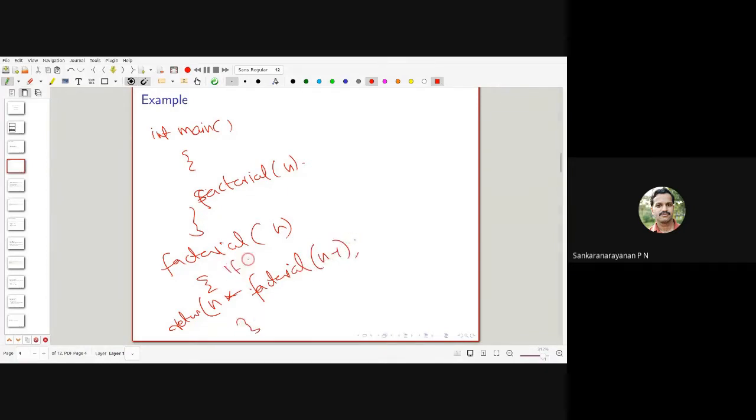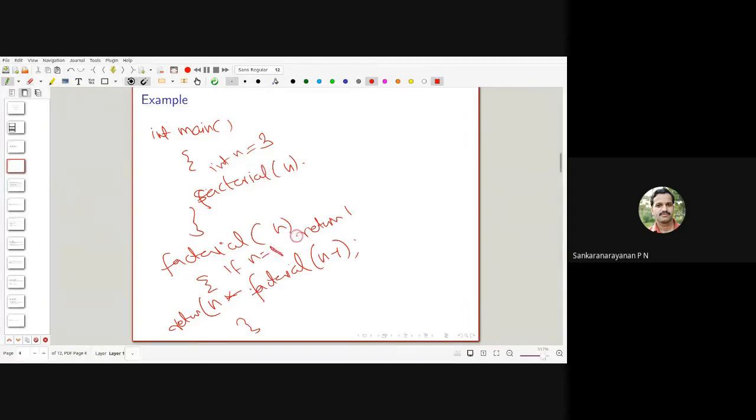I'm not writing a complete C program. Factorial is a recursive function. And if n equal to 0, return 1. Suppose I need to take 5, then it will be bigger. If n equal to 0 or n equal to 1, both return 1.